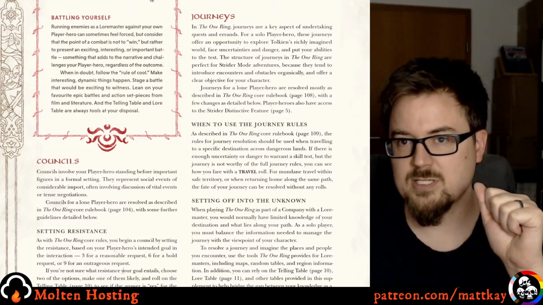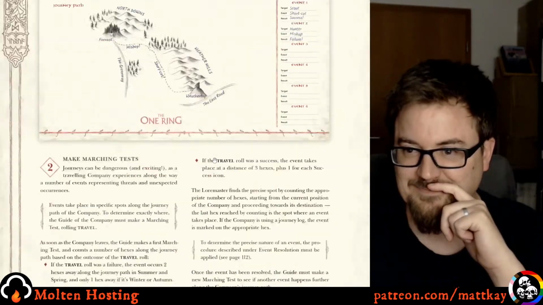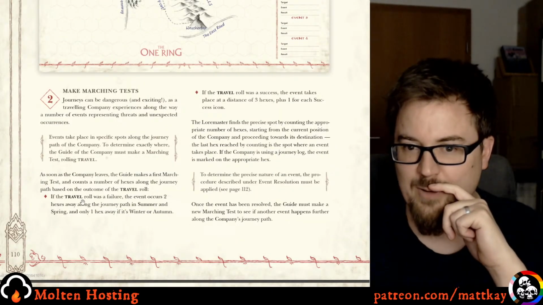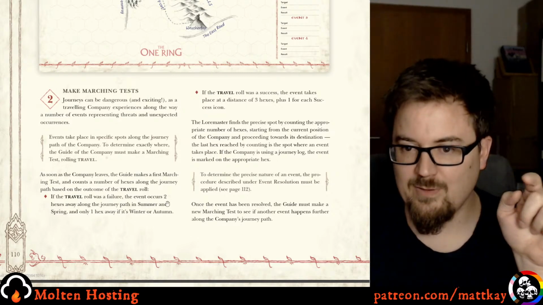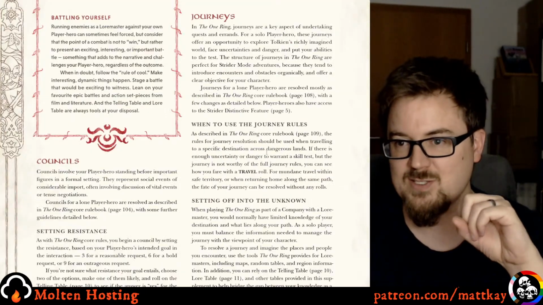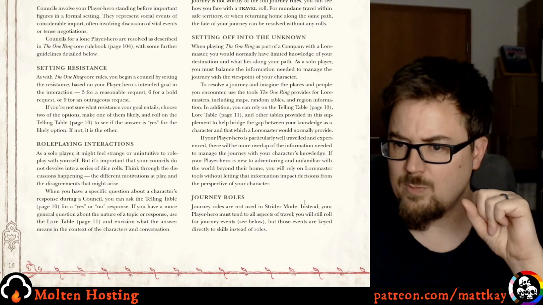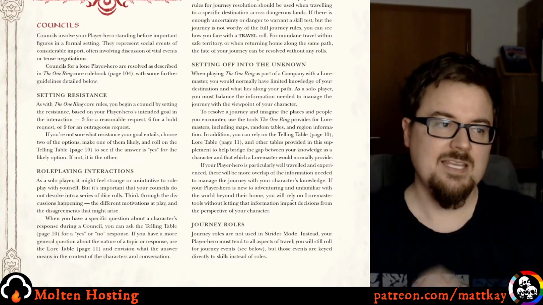Oh my god, I should probably check this. I have it set here. Here we go, right here. If it was a failure, then the event happens 2 hexes away. If it's a success, it happens 3 hexes away. So that hasn't changed here, I don't believe, when I skimmed through it before. No. But what has changed is...